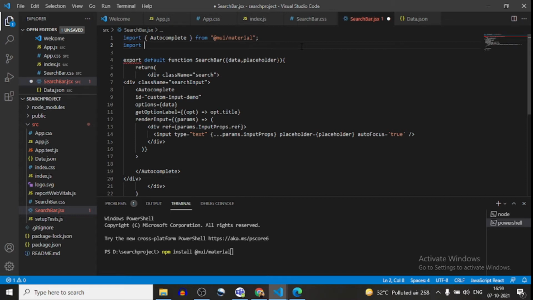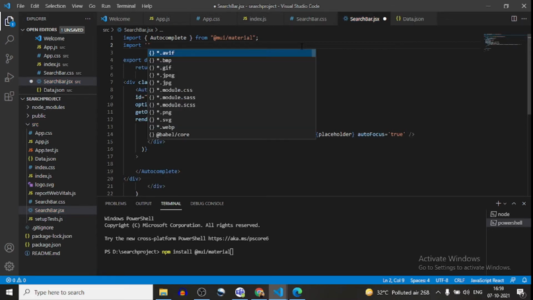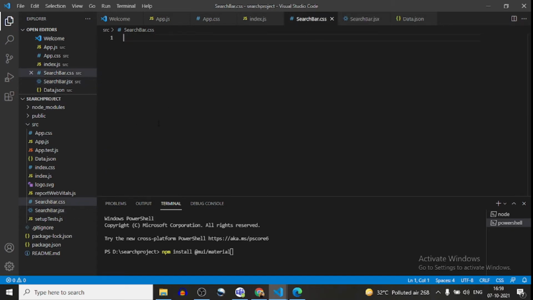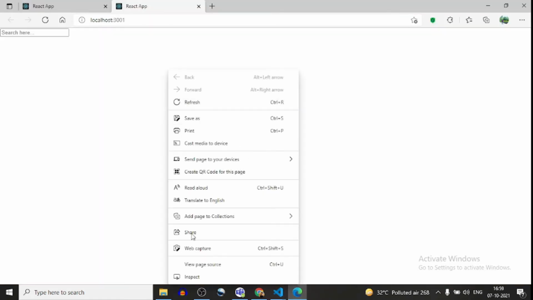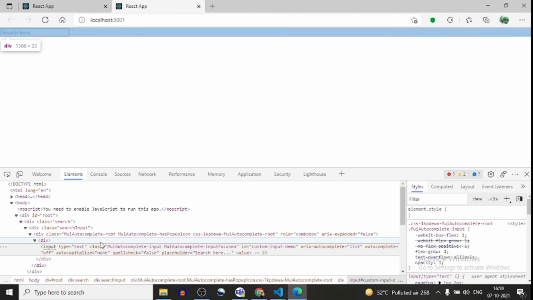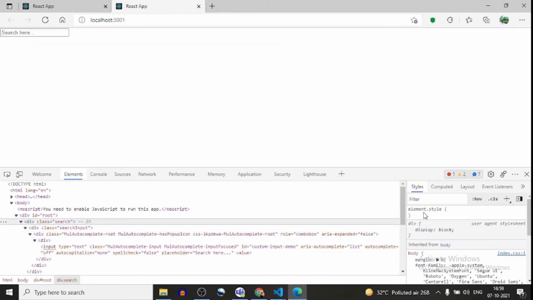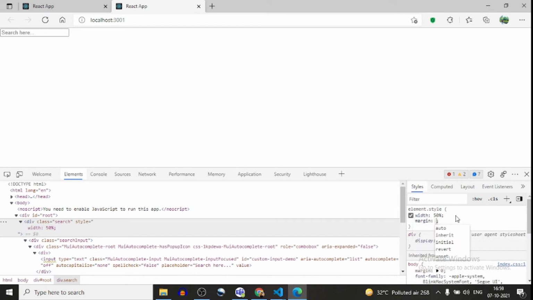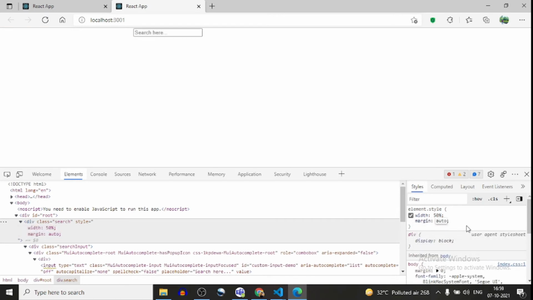I will import search bar dot css. Okay, and in this search bar dot css, first I need to define something, because if you see in the inspect element, if this div width is 50% and the margin is auto, then you can see it comes to the center.